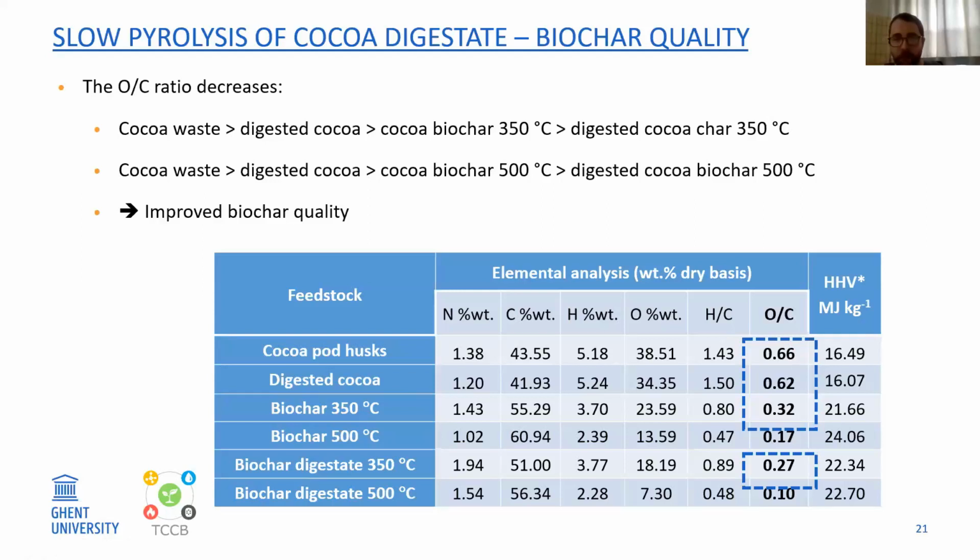And then if you do some pyrolysis, you would decrease from 0.66 to 0.32, which is a dramatic decrease, which is nice if you want to have high calorific value char or char fit for soil applications. And you can see the same for your biochar pyrolyzed at 500 degrees. Here, for instance, you go from your digested cocoa here at 0.62, and the char counterpart here is in the very bottom,